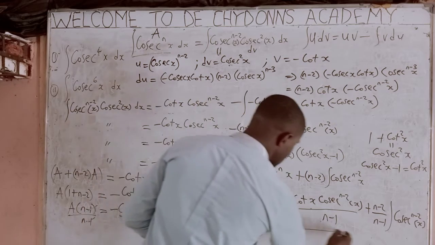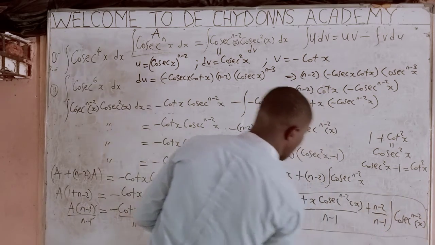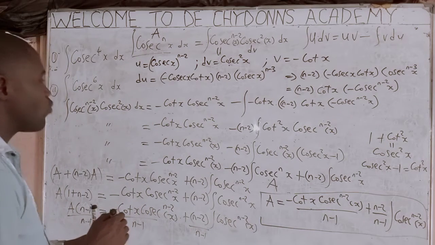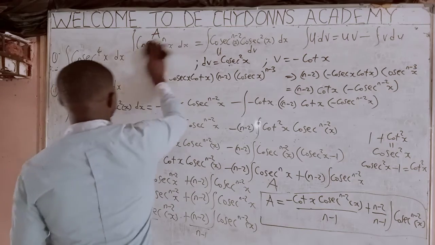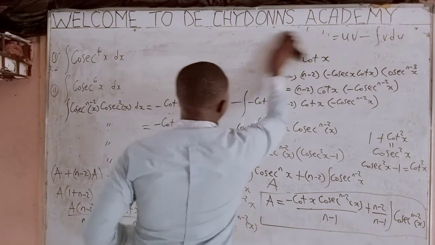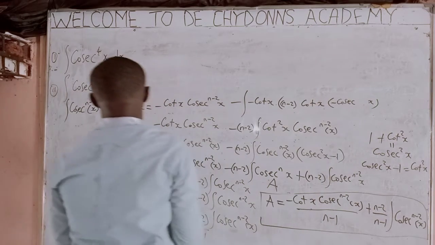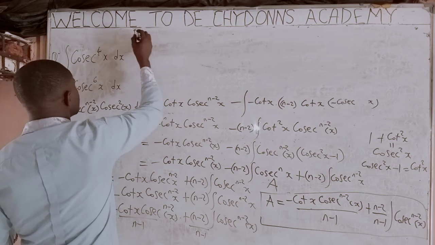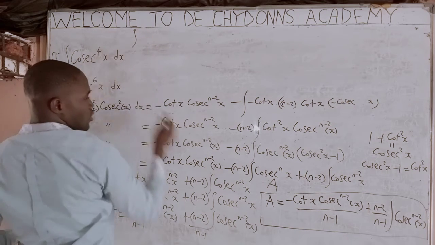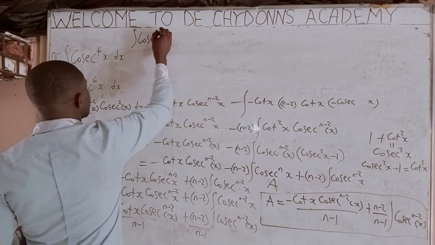You will say this is a final answer. So this is the shortcut you have to use to integrate when you have cosec. Now let's see how we can use it to solve the question we have on the board. We now say using the shortcut integration, using this shortcut,